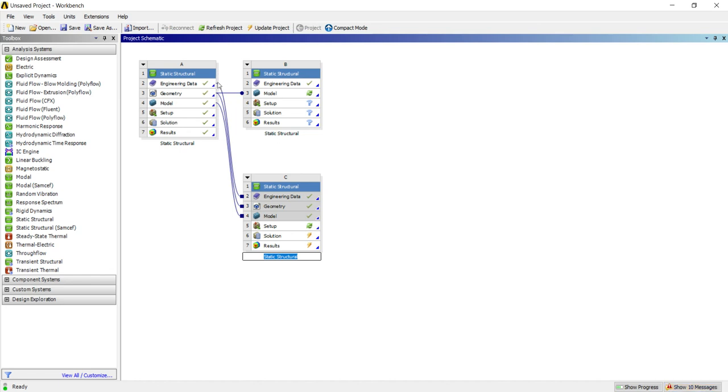The software will link the model, engineering data and the geometry, and you can deal with the setup as well as the solution. So I hope you got this. This is how the simple static analysis works, that is with a plate with a hole.